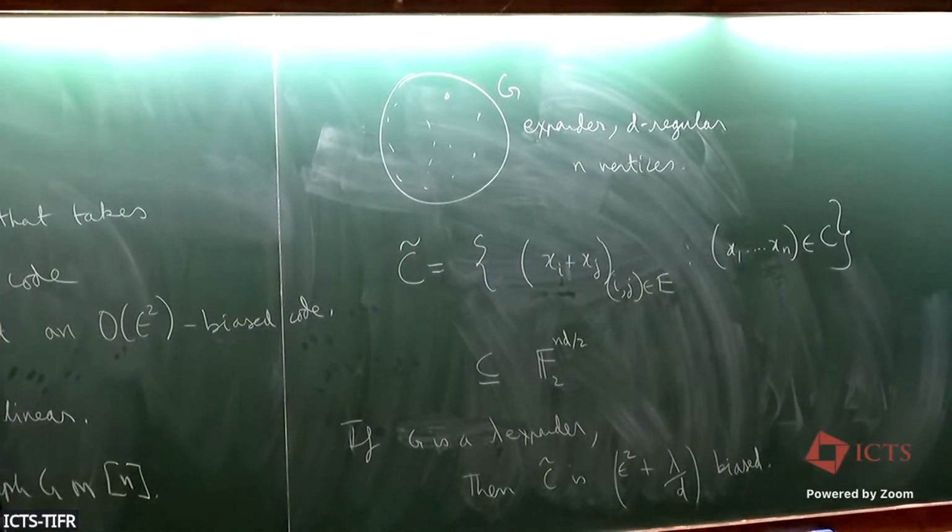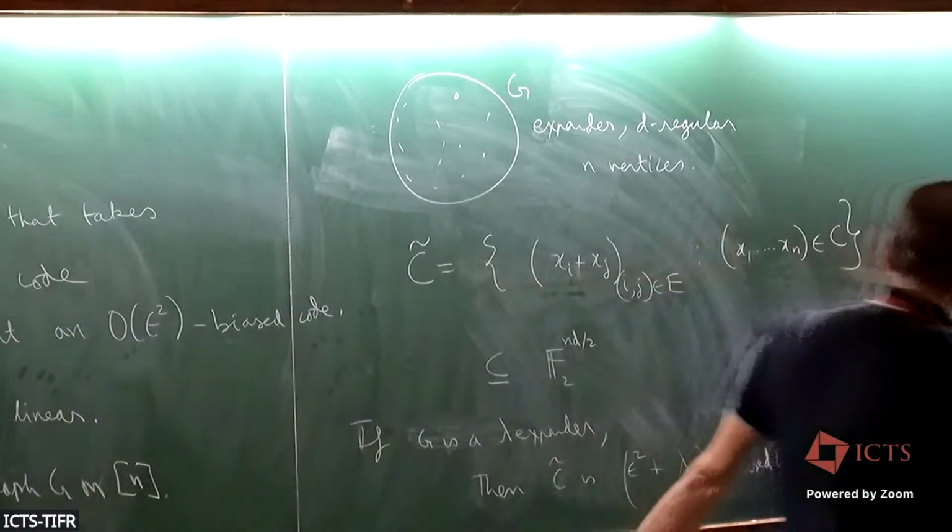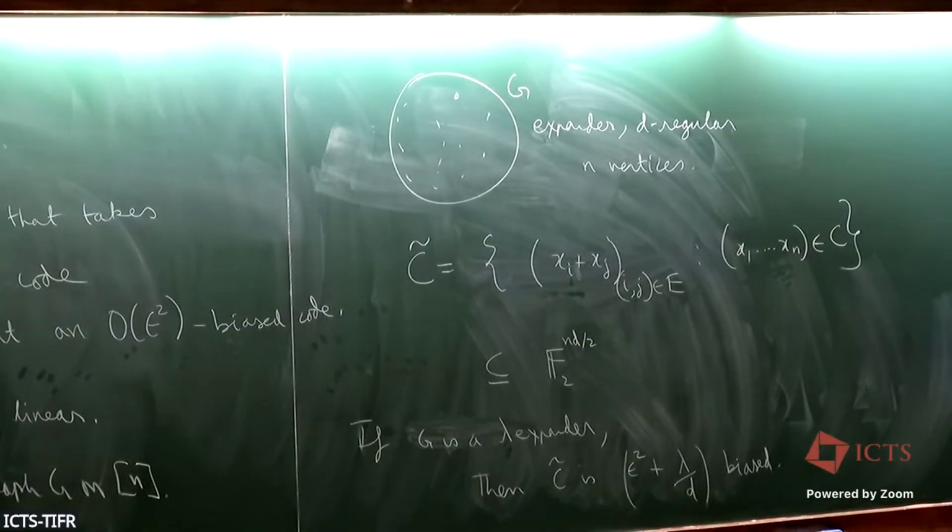Okay, and the proof is a one-line application of the expander mixing lemma. So I will just do that and then I will wrap up. Or maybe I should leave it as an exercise. I leave it as an exercise. So good. So the way to make codes out of this recursively is, start with